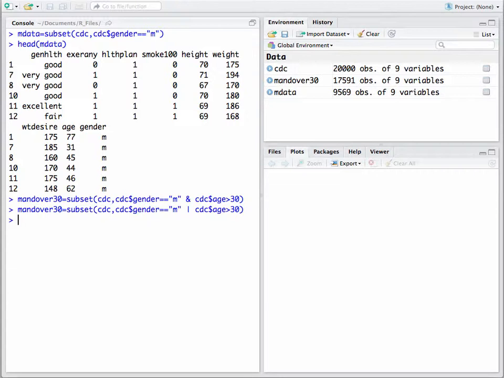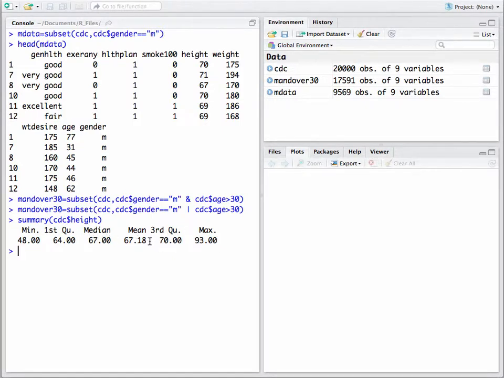Well, let's go back and take a look at height again. So let's take a look at the CDC of the height. And so we'll just start off with a summary of that. Let's look at the numerical summary of that first before we get to a graphical summary of that. So we'll go summary, CDC, height, okay? And when we do that, we get back the following numbers. We get the minimum, we get Q1, we get the median, we get the mean, we get Q3, and we